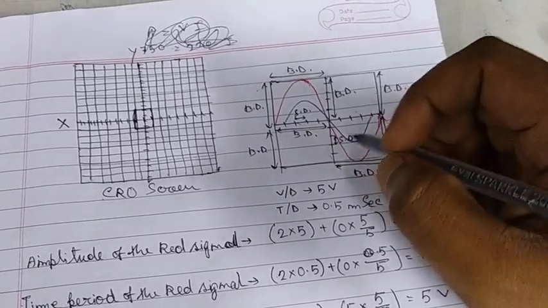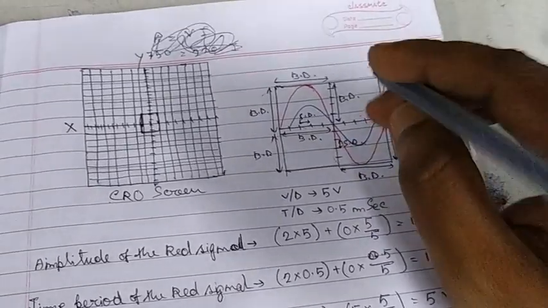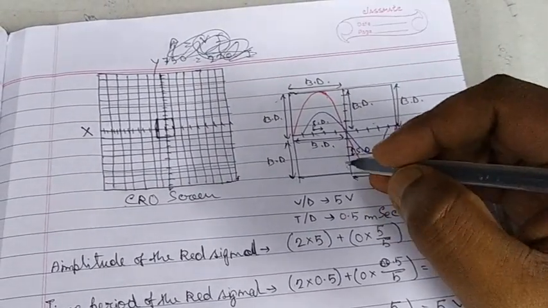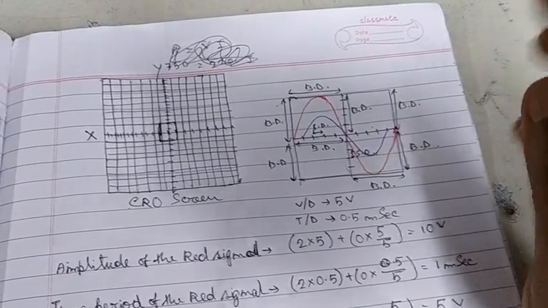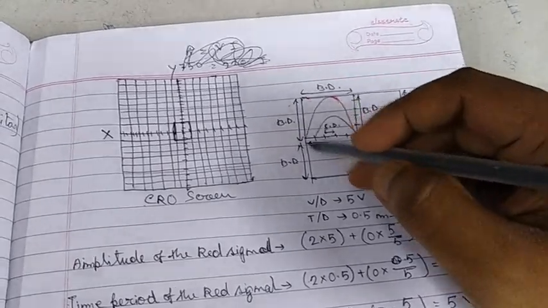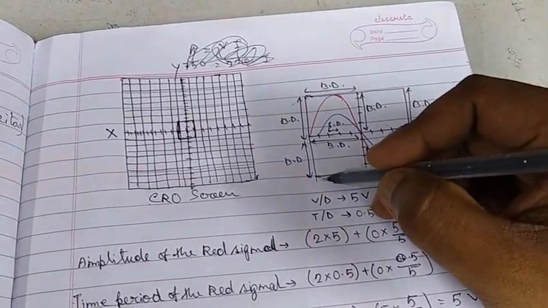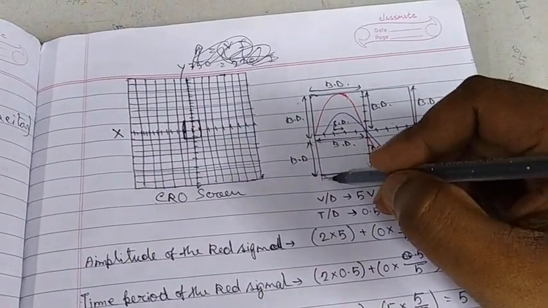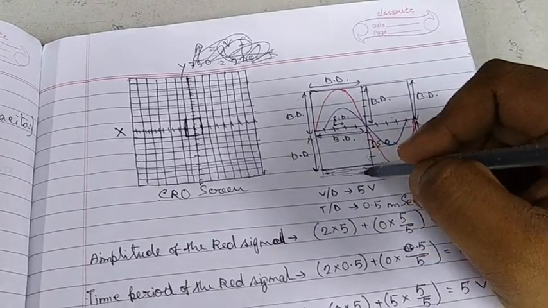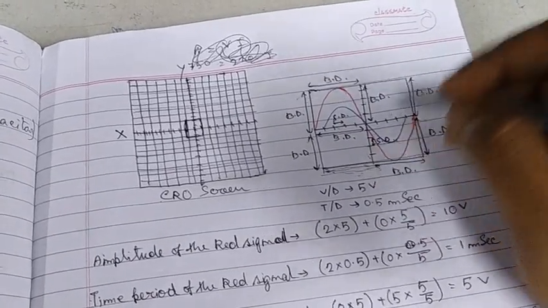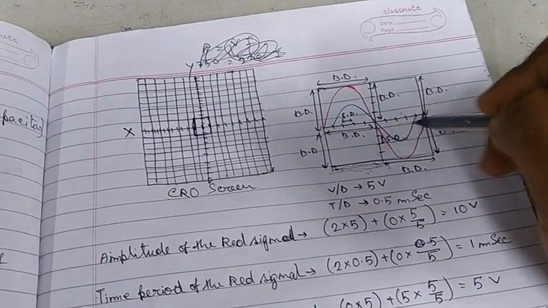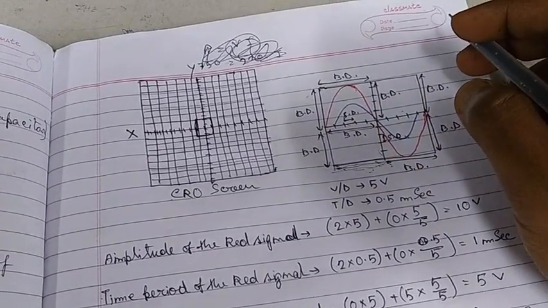According to the formula of big division, one arm of one square is a big division. So a square consists of four big divisions: two vertical big division, two horizontal big division. Don't think that I have not marked here as big division, so it is not a big division. No, every arm is a big division. Each and every arm of a square is a big division. This is a big division, this is a big division, this is a big division, this is a big division. These all are big divisions.